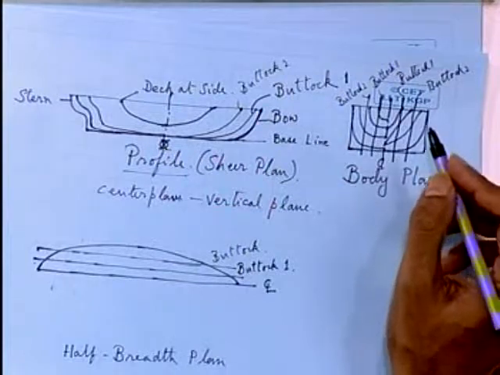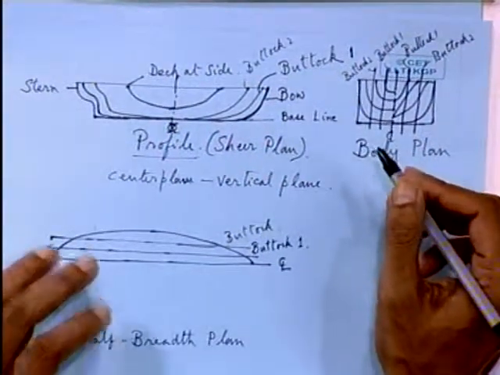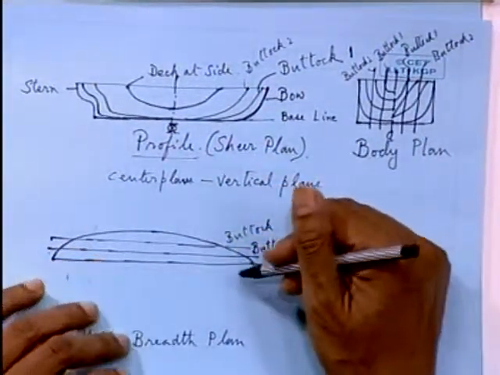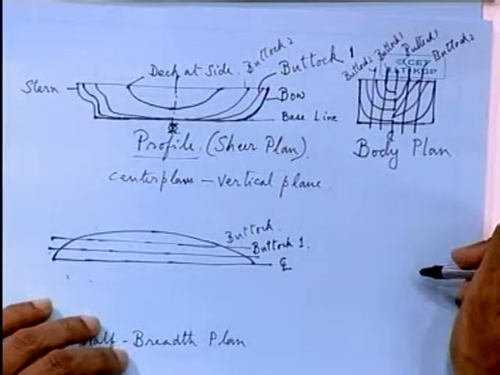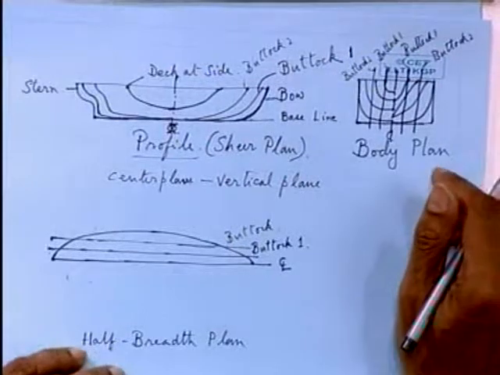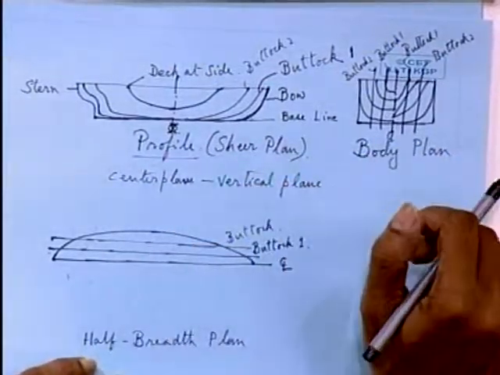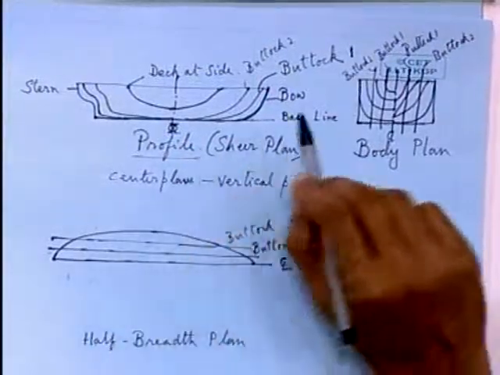If there is some asymmetry in the hull form, then the ship will not be able to make a straight line movement. That is, it will lose its directional stability and it will try to turn. And if you want to offset that, you have to give a helm angle to the rudder. So, because of the symmetry of the ship about the center plane, that is geometrical symmetry of the center plane,